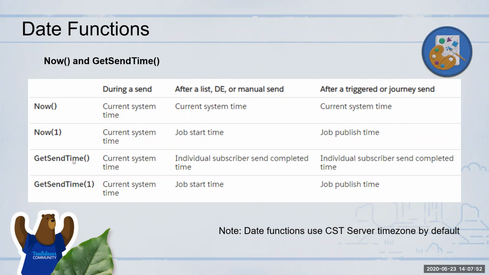I'm not sure you will be using it quite a lot. It's useful if you have any logging you need to do and you need to retrieve the exact time at which a particular email was sent. Most of the time you will come across using the Now function, if you want to retrieve the current date and time, then format it and use it in some personalization.